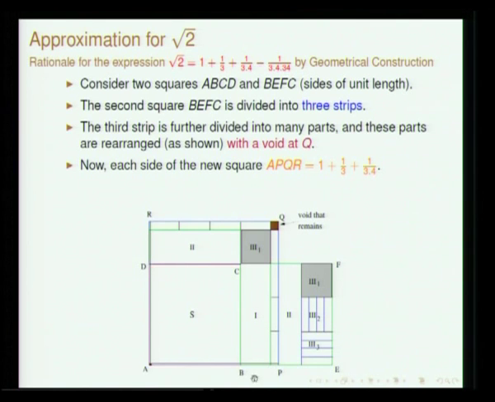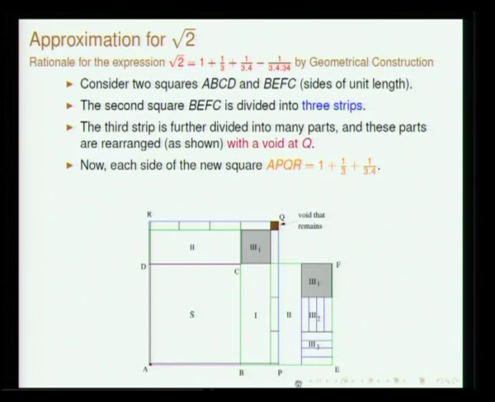The second square BEFC is first split into 3 parts, that is this 1/3, and the third part you further divide into 3. This is further divided into 4 parts, that is 1/3 into 4. You place all these in 4 places, and these 4 you place here. So, this goes there and occupies